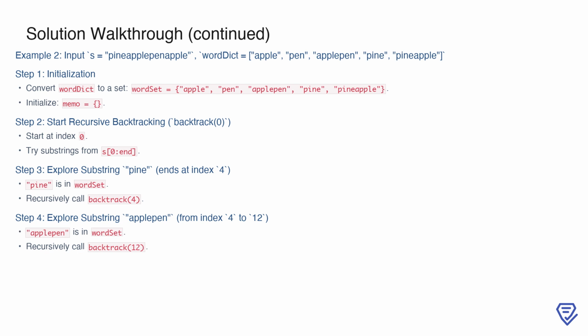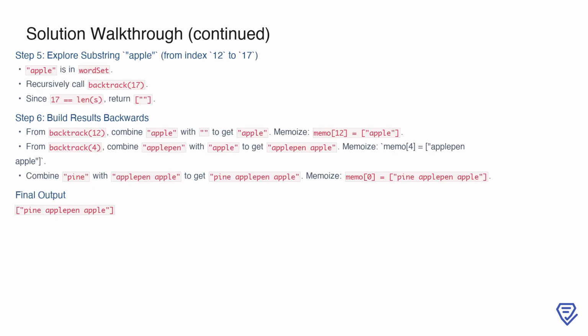Continuing, we explore the substring apple pen, which spans indices 4 to 12. Since applepen is also in the word set, we make another recursive call to backtrack starting at index 12 to solve for the rest of the string. At index 12, we now examine the substring apple, which spans indices 12 to 17. This substring is in the word set, so we recursively call backtrack starting at index 17. Since 17 equals the length of the string, we hit the base case and return an empty string as the